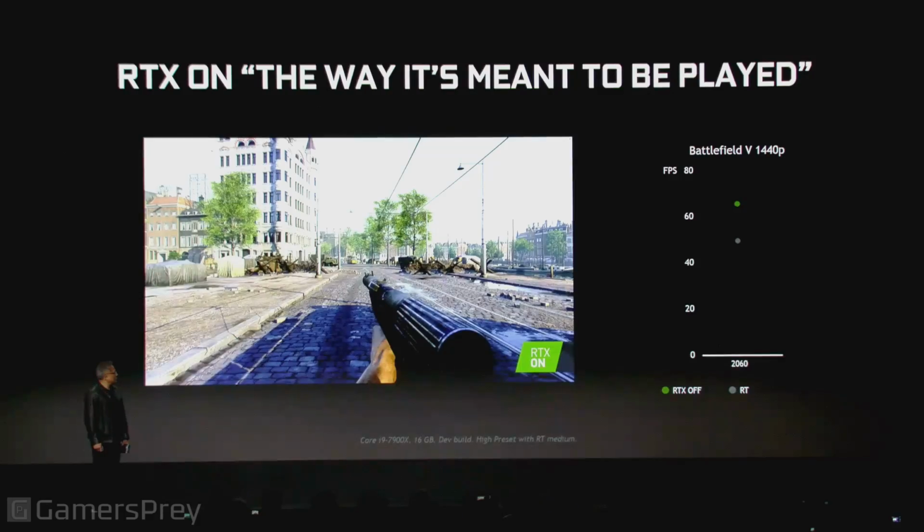And so, as you know, we've been thinking about this for quite some time. And we know that ray tracing is computationally intensive, and it's going to continue to be computationally intensive. And that's the reason why we added the right proportioning between ray tracing cores, RT cores, and tensor cores, so that we could apply DLSS to this, and as a result,